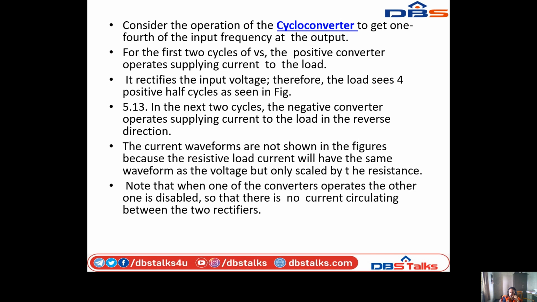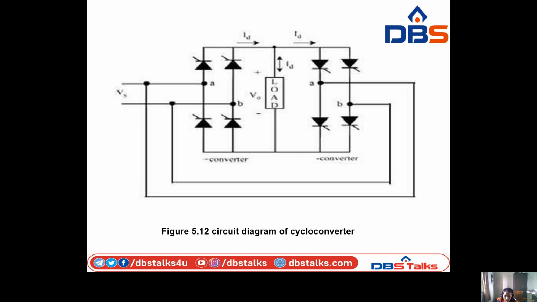The current waveforms are not shown in the figure because, for a resistive load, the current will have the same waveform as the voltage, only scaled by the resistance. Note that when one of the converters operates, the other one is disabled so that there is no circulating current between the two rectifiers. Have a look at the circuit diagram of the